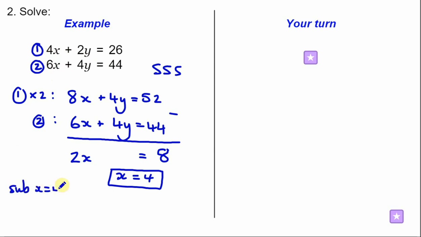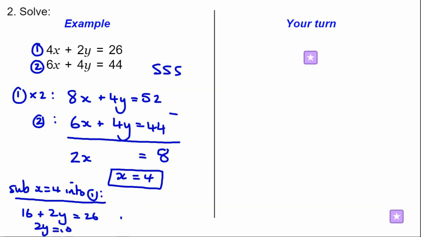Sub x equals 4 into 1. So we can see how this is kind of setting out to be nice and neat, and I don't have to be writing this equation out loads again. So 4 times 4 is 16. So then 2y equals to 10. Y equals to 5. So,